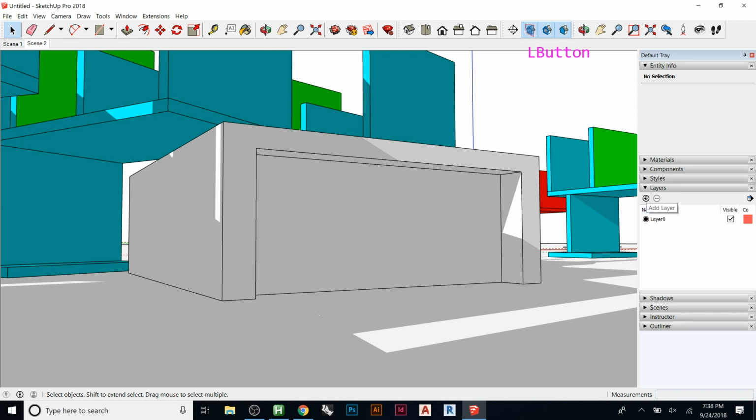So to add a new layer, I'm gonna hit the plus, and we can call this whatever you want to call it. So option 1. And then I'm just gonna copy that, make a new one, call this one option 2. And so now we have these 2 layers, right? So I'm gonna add this as a scene, add,